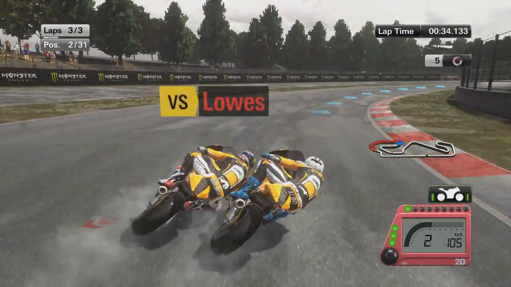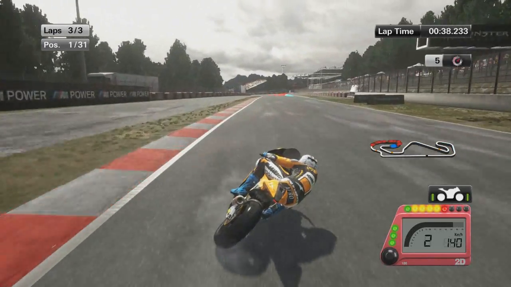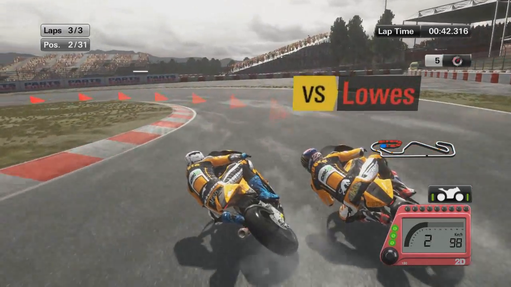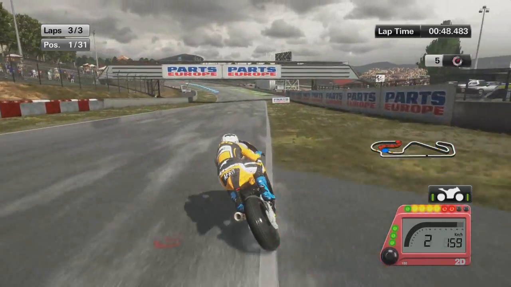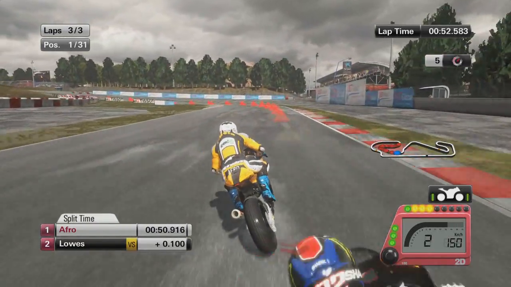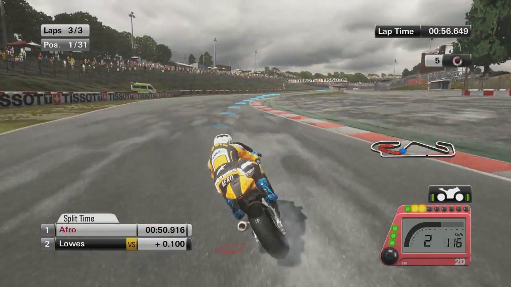Right, we've got the move on Lowes here. We're going to edge him out wide. We're not following the racing line, but we've got the move. Lowes gets back round us on the outside. We're going to put it down the inside and then force him out wide a little bit. And we get the move done. We're back into the lead. Can this be three consecutive? Is it three consecutive? I don't know. I know I've won France and Mugello, but were they consecutive races? I think they were. Anyway,